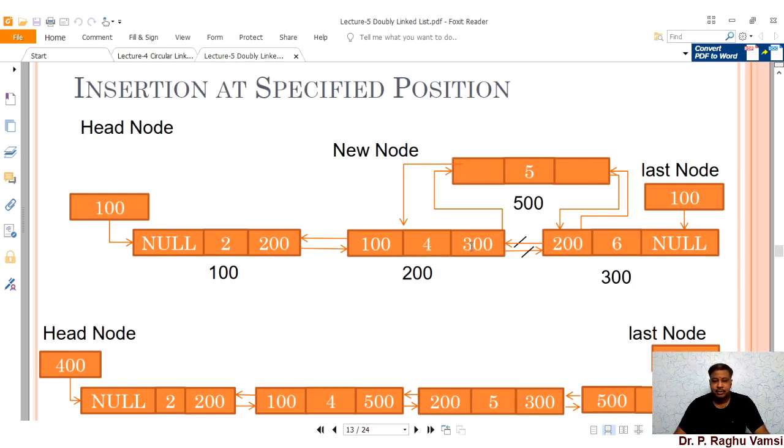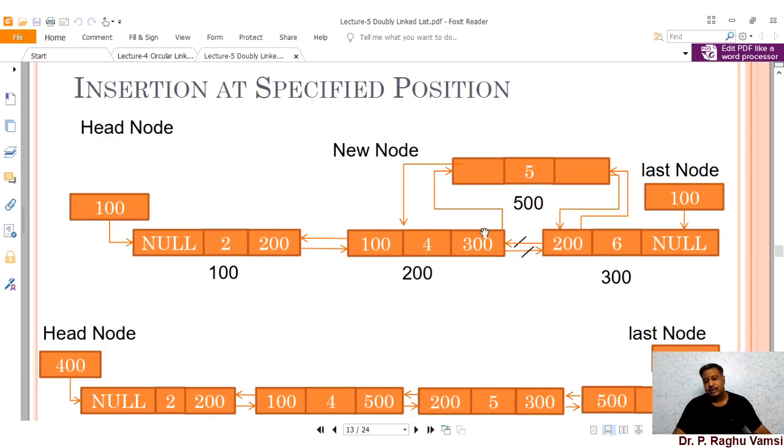The position minus 1 node's next is the next node in the general sequence; you take this address into a temporary node and make the newly created node's next this temporary node, where you have stored the address of position minus 1's next node. Then the previous of that next node will be pointing to the new node. Thereby the link will be established.